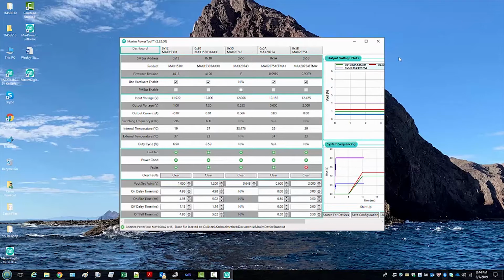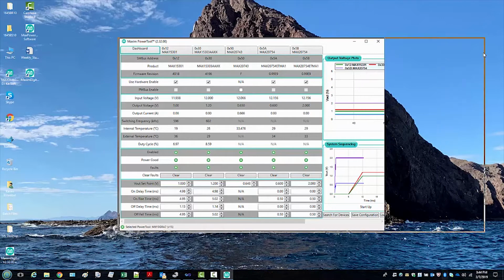Okay. See, as I mentioned, it's showing a fault here for MAX15304. So I can just hit clear and clear it over here. This is what we call the dashboard,